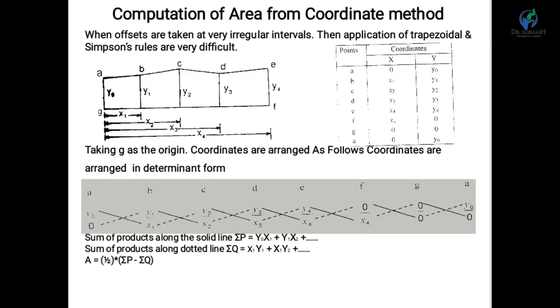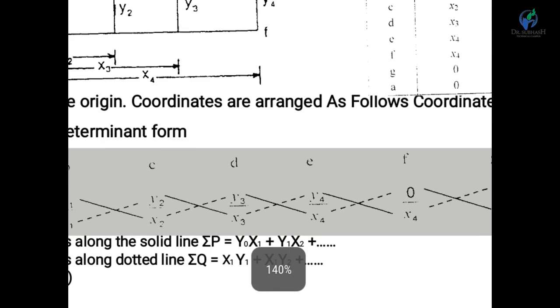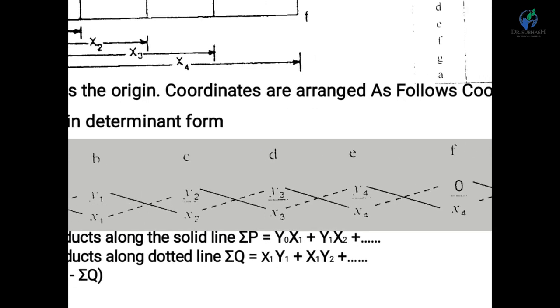Now another example is based on computation of area using the coordinate method. In that method, we find the area using the different coordinates that are given. We know that for 2D area finding we have two coordinates, x and y, and we have to arrange the x and y ordinates in the given form, and after that we multiply them as per cross multiplication.